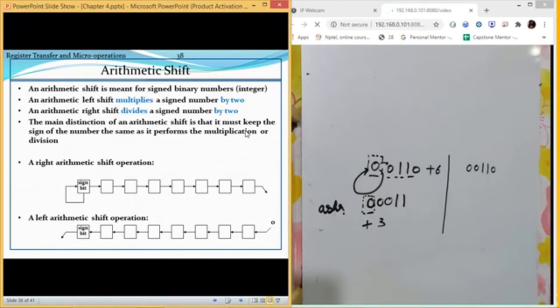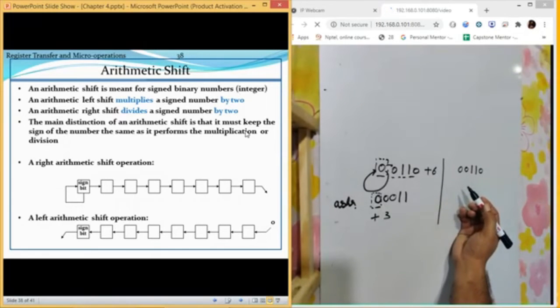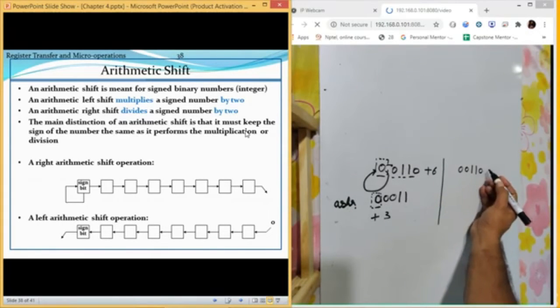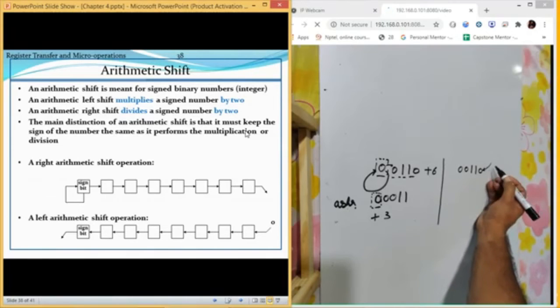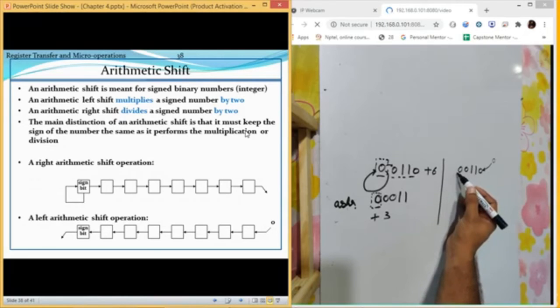In this, this value will get a new input from outside and that value will be a 0. So this is how it is going to work. This value will be 0, but the sign bit is not going to change.